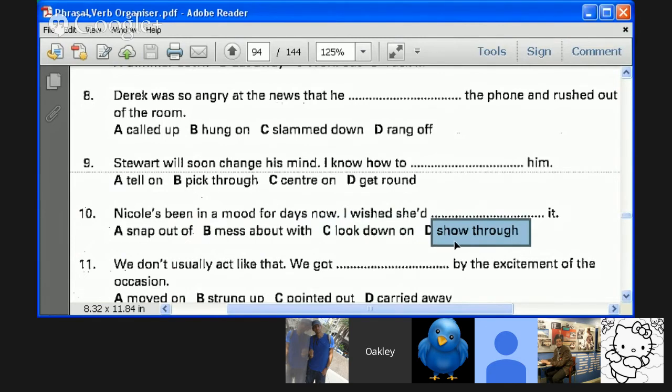Okay, show through. I don't really know what that means, actually. Show through, I don't know if it's close to, okay, his true personality showed through. I guess I do know what it means. In the end, his true personality showed through means finally, similar to the idea we could see through him. Okay, we knew what he was really like. But usually we use it kind of more passively. His real feelings showed through.